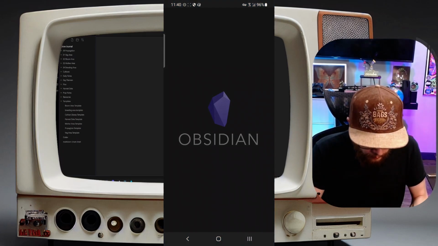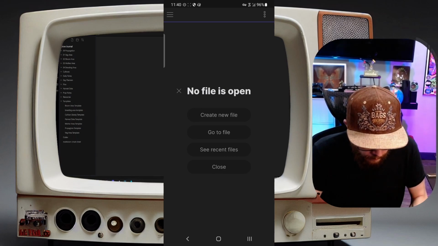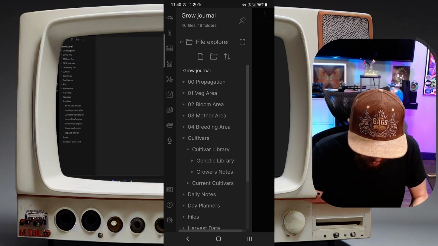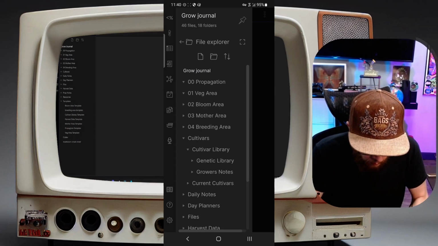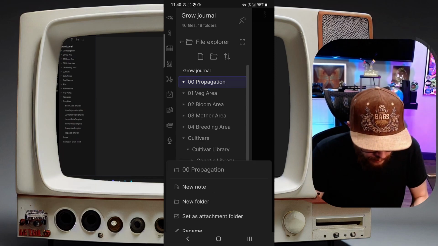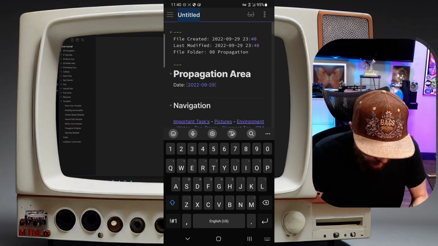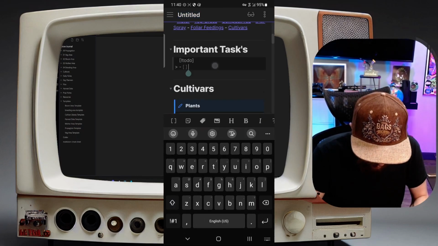And then if you look in the upper left hand corner where there's the 3 lines or the hamburger menu, we can tap on that. And then in any of the categories in the grow journal, propagation area, veg area, so on, we can hold, do a long press on it, and create a new note. And it'll pull in the template just like we discussed before, and you can add in your to-do list, like, take clones,